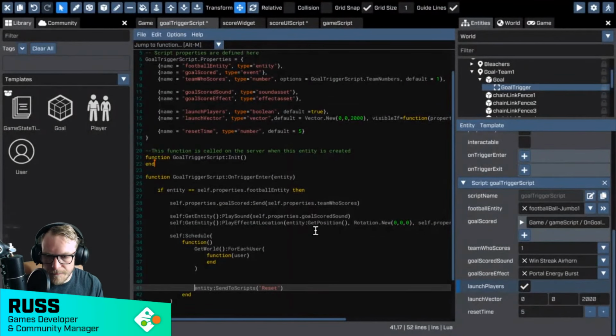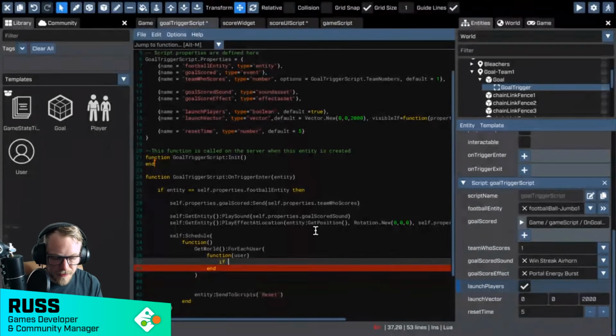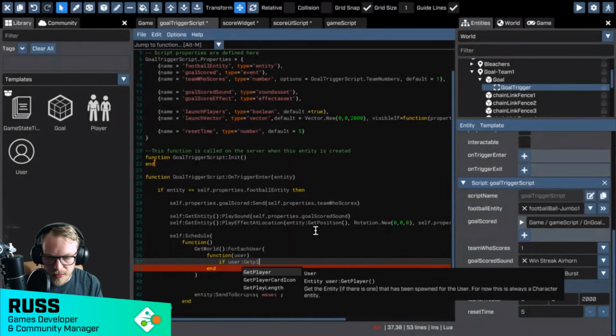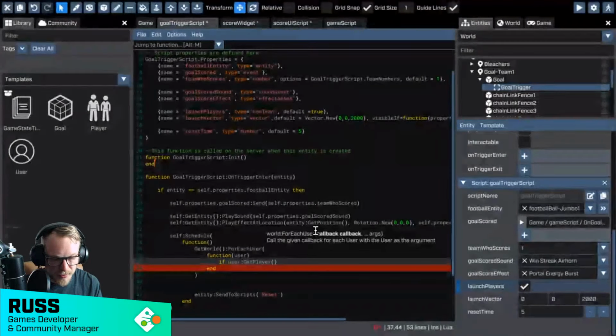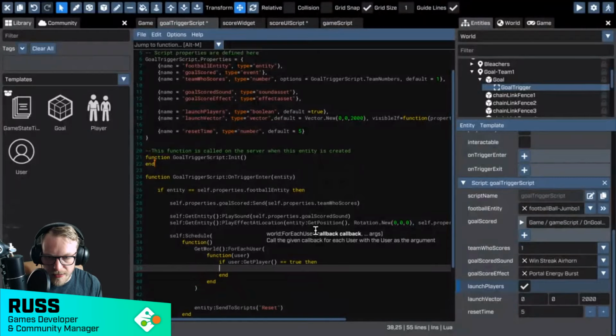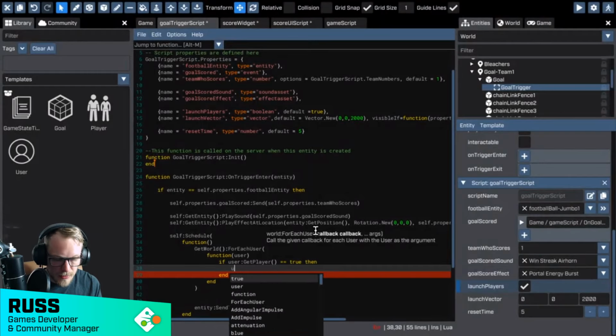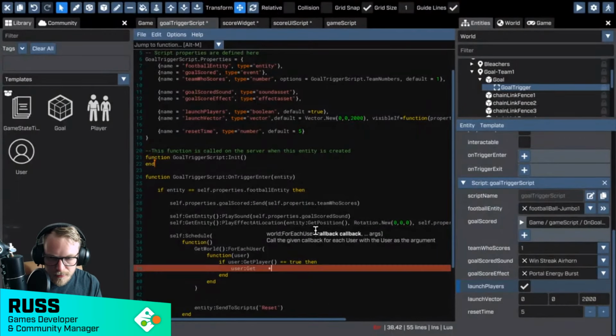I'll keep that there. Okay, so for every user, we want to say if user get player, so if the user has a player, that's equal to true, then let's launch the player by a certain amount. This if user get player is just a little guard, because if we try and launch the player assuming the user has one, that might cause a crash. So we'll say user get player